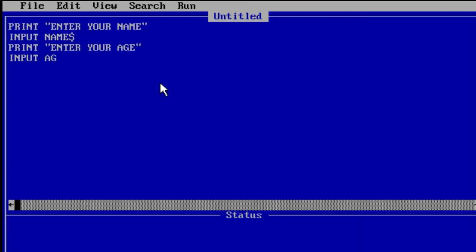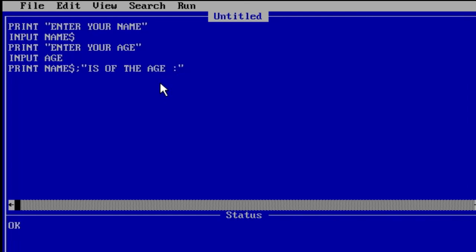Then print name$; "is of the age", and then a comma.